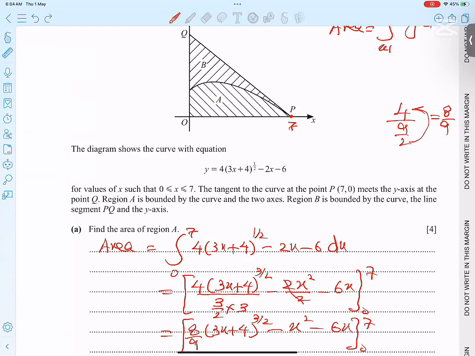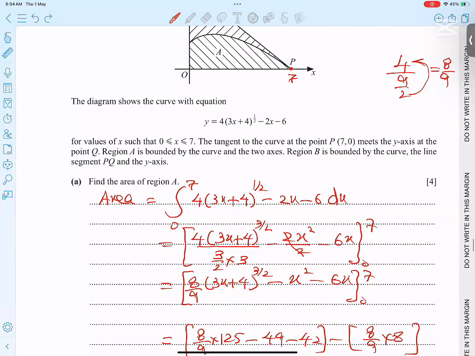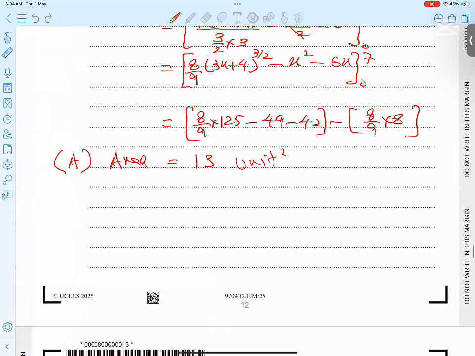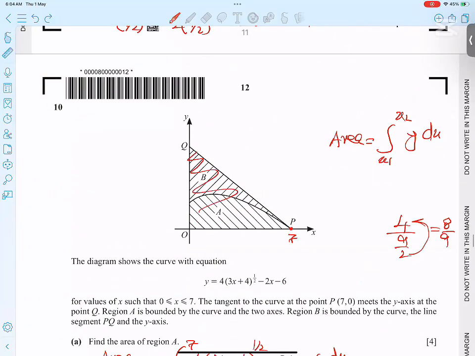Okay, 13 units square. Now, the next part is what? It is asking for the area B. How to get B area? Common sense: the area of the full triangle minus A area. But the thing is, you need to find the area of the triangle. We need the equation of the tangent because he mentioned here